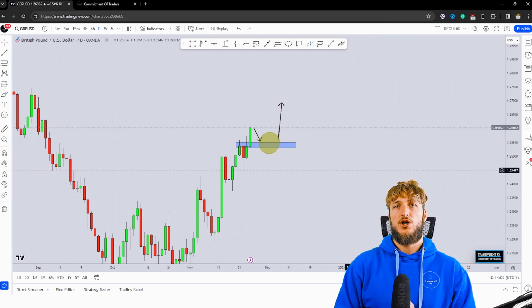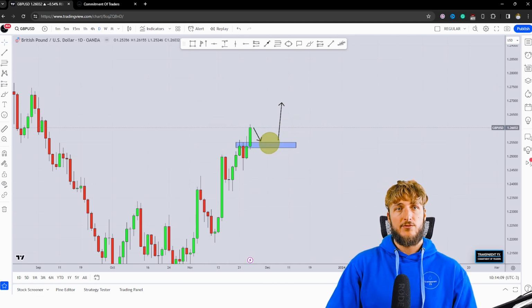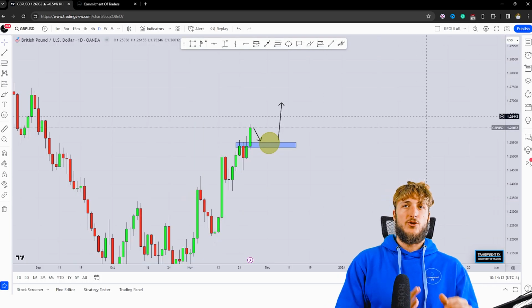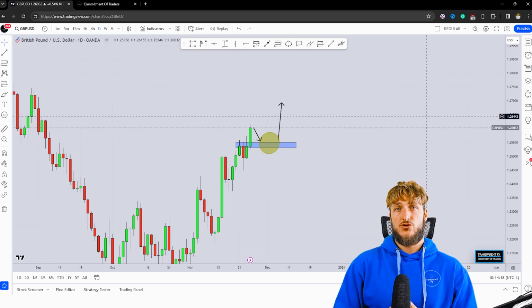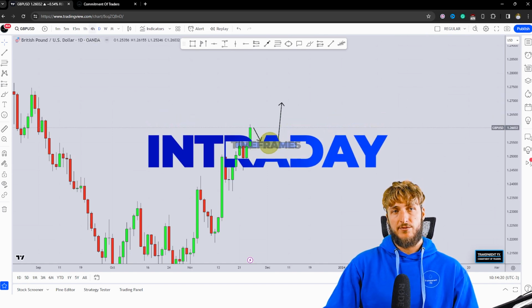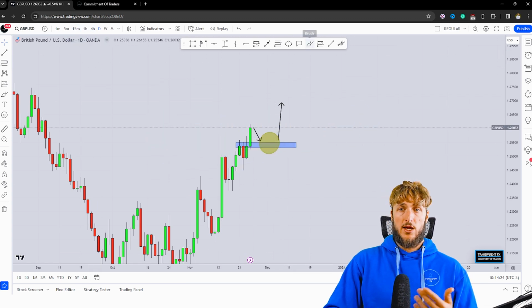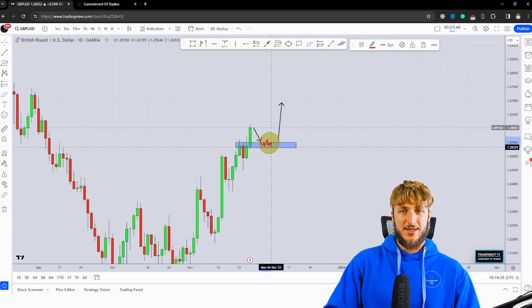Now, as usual, trading is reactive and not predictive. The monthly, weekly, and the daily timeframes combined with the COT data, those are the best timeframes from a directional perspective. However, when it comes to confirmations and entries, the best timeframes are the intraday timeframes, so 4 hour and lower. Therefore, what I could be doing potentially is monitoring price action from an intraday perspective during this move to